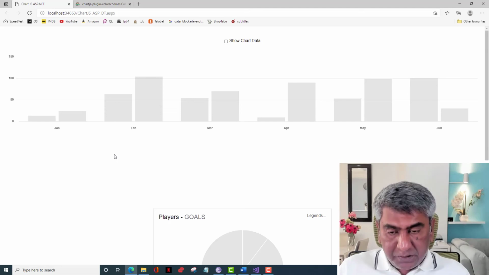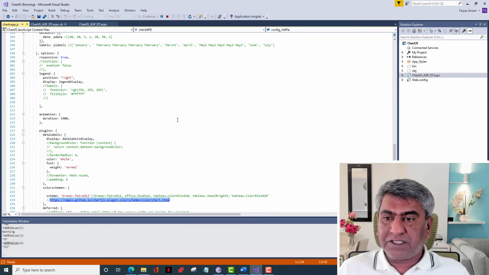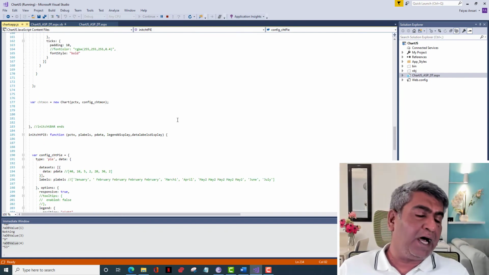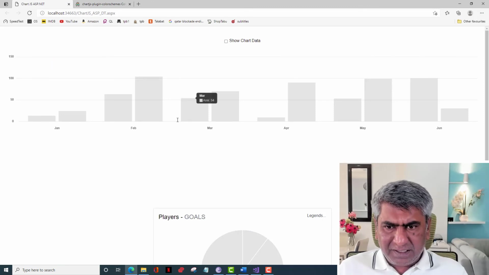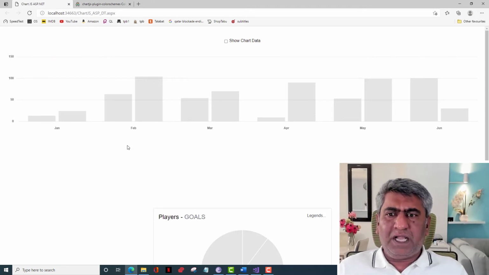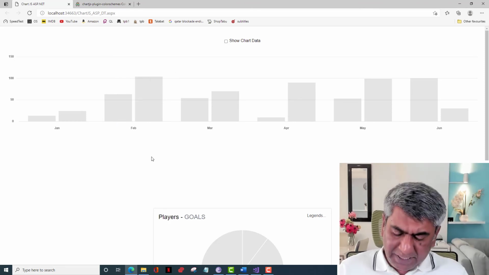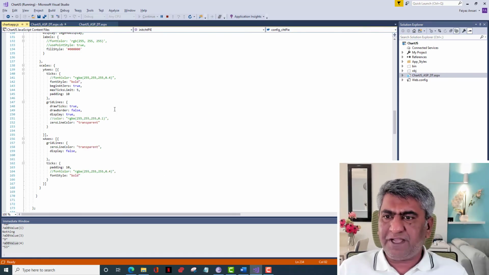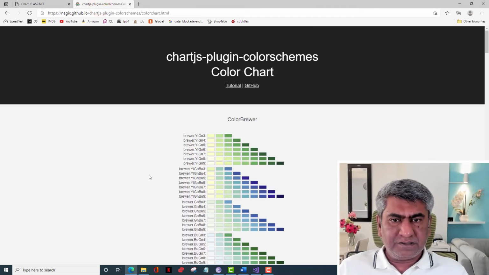No, in the coding you can write whatever color you want in RGB or hex format. The colors will work, but I don't prefer to give a color myself to each bar chart. That can be done without the plugin by specifying it in the configuration. What I want is ready-made colors like this.